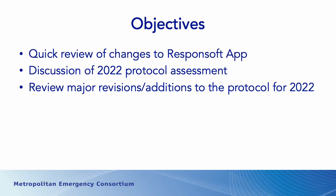So what we're going to talk about is, a little bit, maybe a slide or two, about ResponseSoft and some of the changes that are coming with the app. We're going to talk a little bit about the 2022 protocol assessment, which will be rolling out soon and which we'll expect everybody to do. And then we'll also go through the major revisions or additions, and in some cases deletions, of the protocol for next year. And this is a protocol that's going to be in effect January 1st at